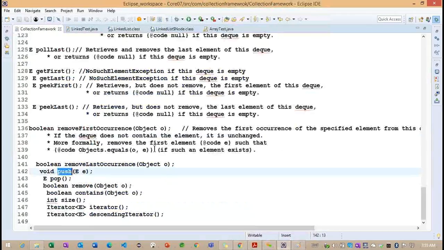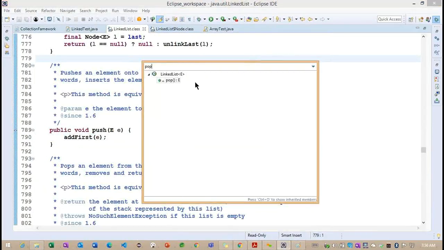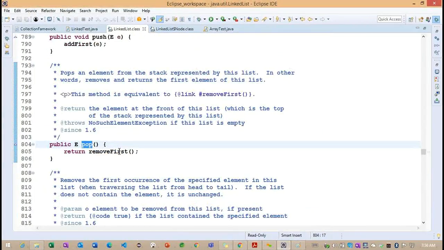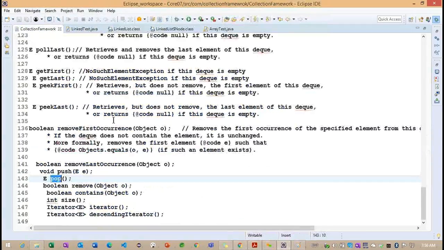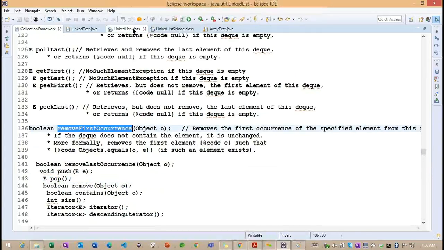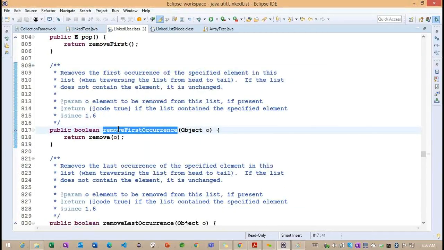Okay, now we need to go for the pop method. The pop method internally is going to call the remove first method. How is remove first occurrence implemented?